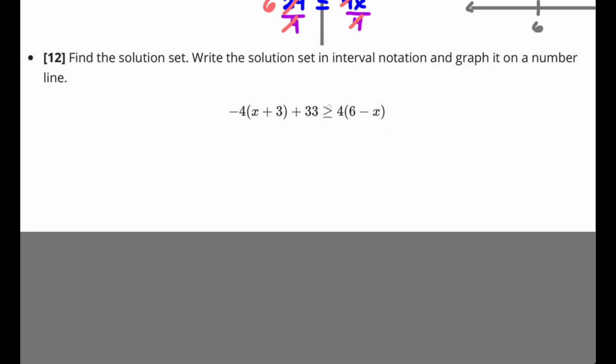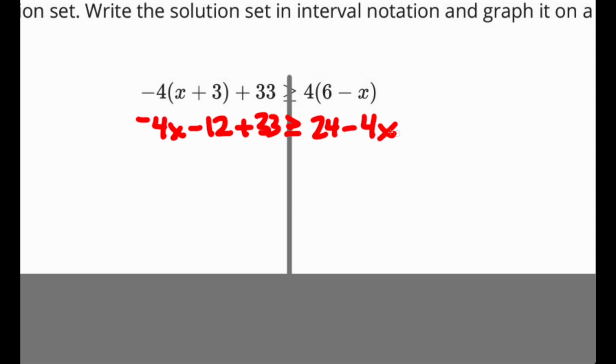All right, this next one, find the solution set, and we're writing the solution set in interval notation as well as graphing it. So similar to the other problems. Again, we have 2 things to distribute on this, so let's do that really quick. All right, so the next thing is, you'll notice there's negative 4x on one side and negative 4x on the other. So if we add 4x to both sides,